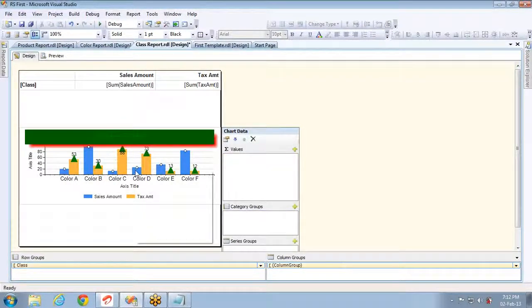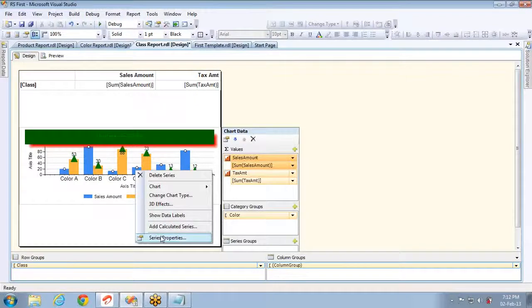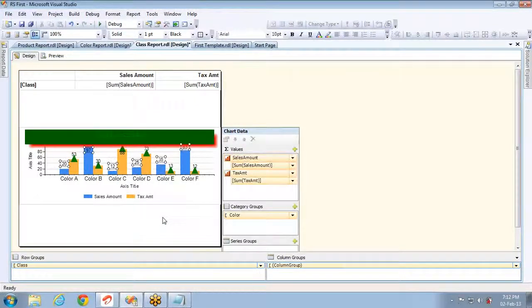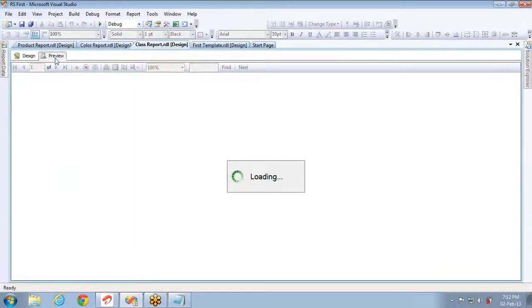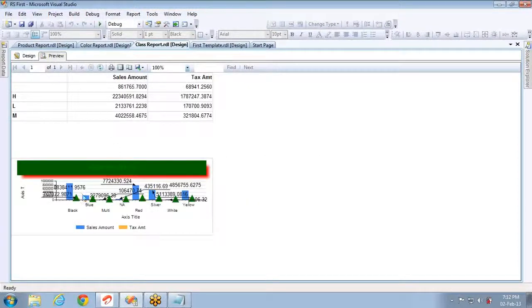Now I can set the same markers for the other series. This show data labels will show the value for the particular row or the column here. So this is the advantage. I mean, if you have this show data series value, then it will give you what is the value of this particular bar, that column that is showing here, 8838411.